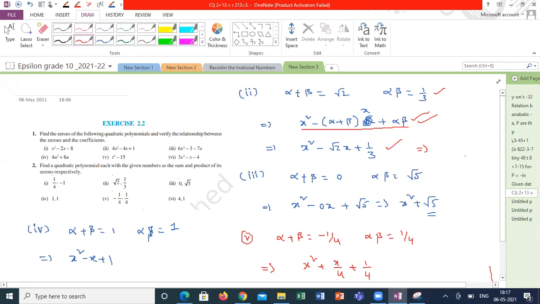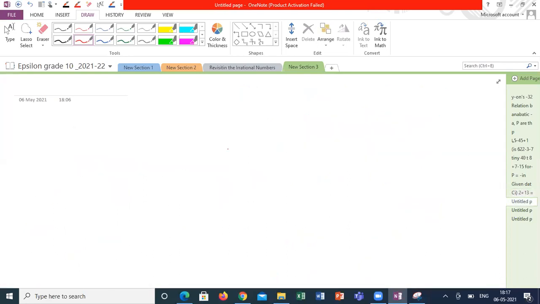Yes, sir. Suppose it is a cubic polynomial. Suppose my expression is ax cube plus bx square plus cx plus d. How many zeros for this cubic polynomial, guys? 3, sir. I'm taking 3 zeros: alpha, beta, gamma. Anyone can multiply x minus alpha into x minus beta into x minus gamma and let me know what expression you are getting.